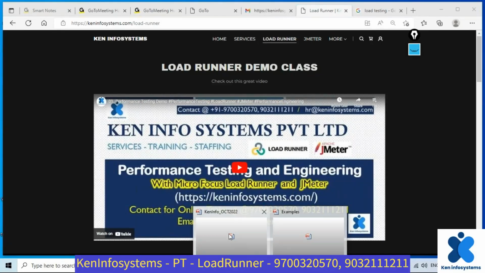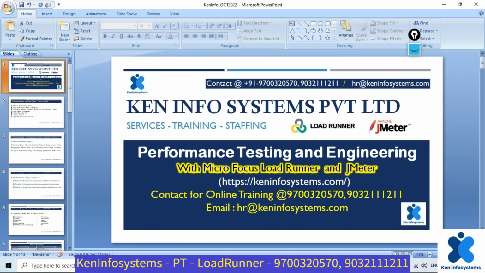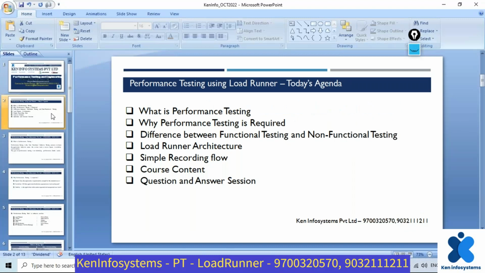Yes. So welcome to the performance testing demo class. Today we will discuss performance testing: what the performance testing process is, and why exactly we need to do performance testing. These are the agenda items we will discuss today, so that I can give you some clarity